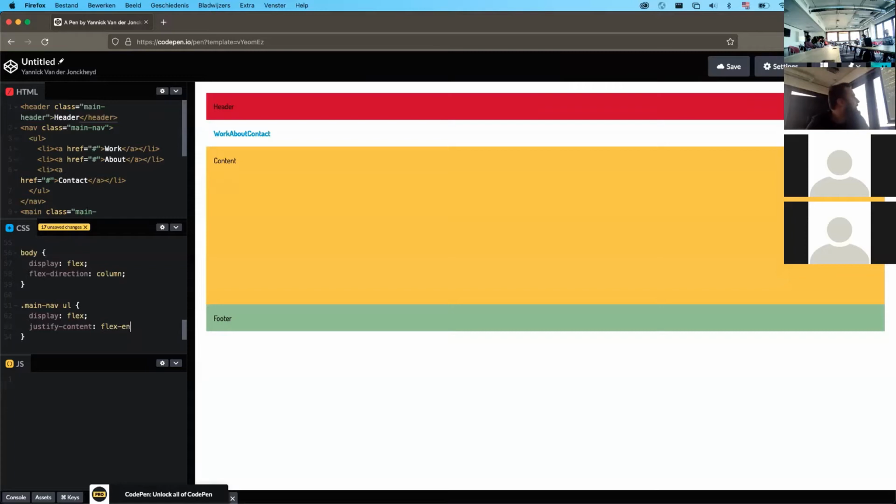Yeah, makes sense. We don't want to use space between or something here, because we want to align it on the right side and keep it on the right side, not spread them over the page. So we will just do